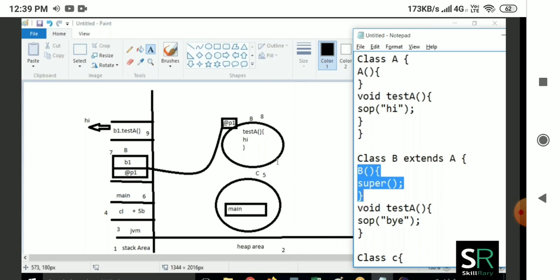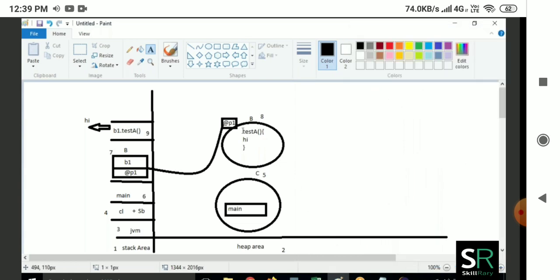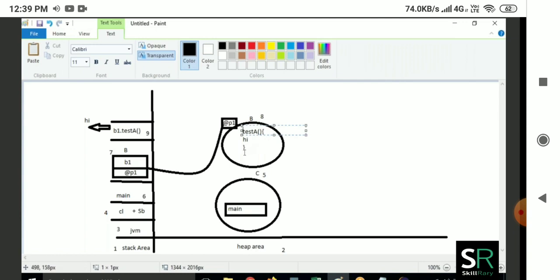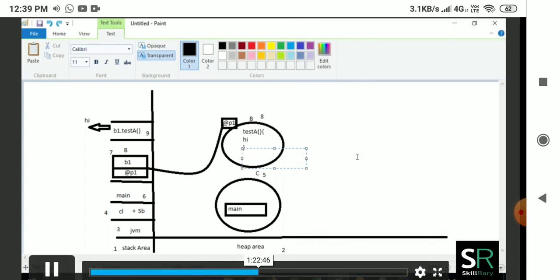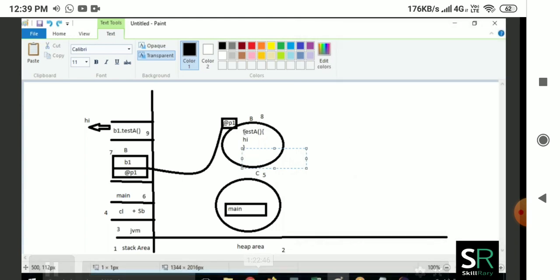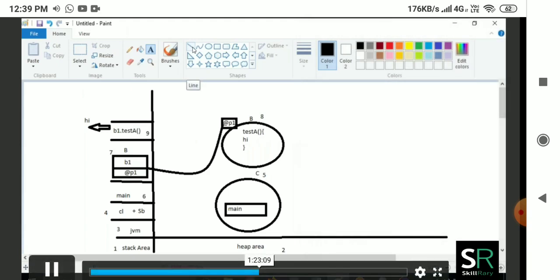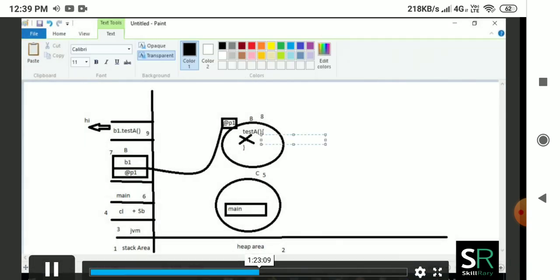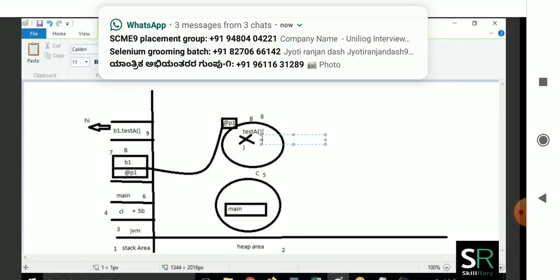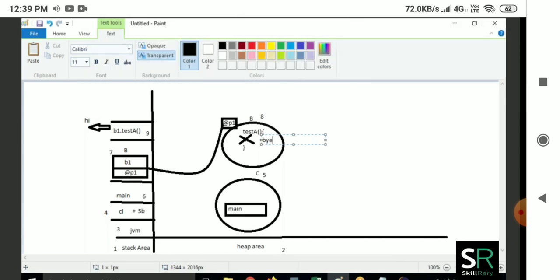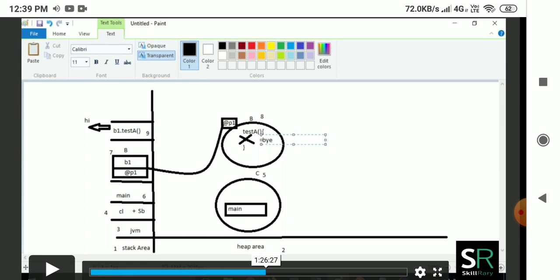Since the method name is the same, the method is replaced. If the method name were different, say testB, then it would load the testB method as well. In place of Hi, Bye will be loaded because of the testA method present in the B class.